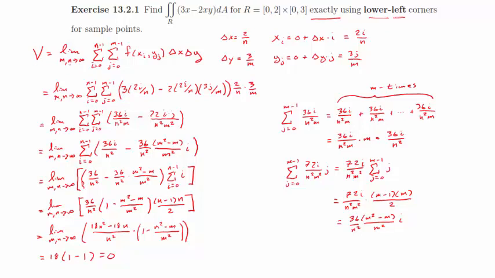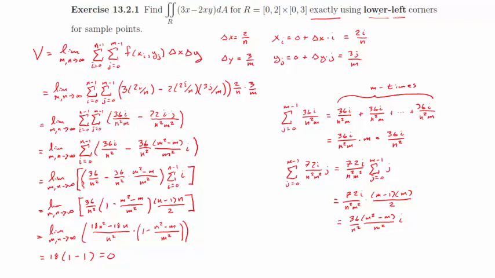the limit as m and n go to infinity, so that the number of intervals in the x direction and y direction is an infinite number of intervals that are infinitesimally thin. The summation in the i direction, i equals 0 to n minus 1, will get us the left corner. So when i is 0, we get just x sub 0, which is 0, and so on and so forth, going all the way up to when i is n minus 1. Right? So if n is the number of intervals, n minus 1 is going to get us the second to last x value. And then the same idea for the y direction: j equals 0 to m minus 1 gets us